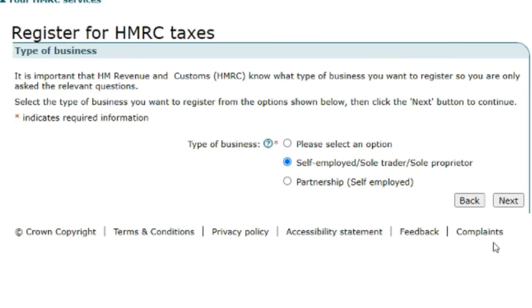All right, next up, so type of business. It is important that HM Revenue and Customs know what type of business you want to register, so you are only asked the relevant questions. Select the type of business you want to register from the options shown below, and then click the next button to continue. So the type of business, there's two options here. So self-employed / sole trader / sole proprietor, or partnership. So for my own personal circumstances, I'm going to pick self-employed / sole trader / sole proprietor